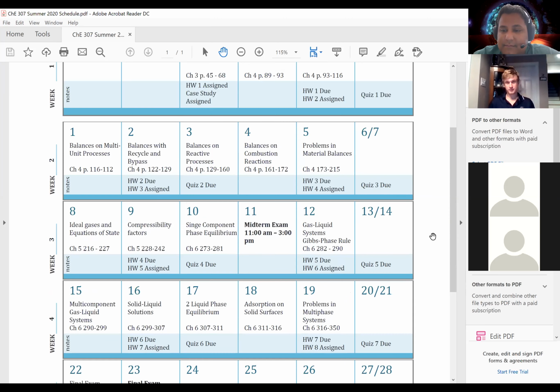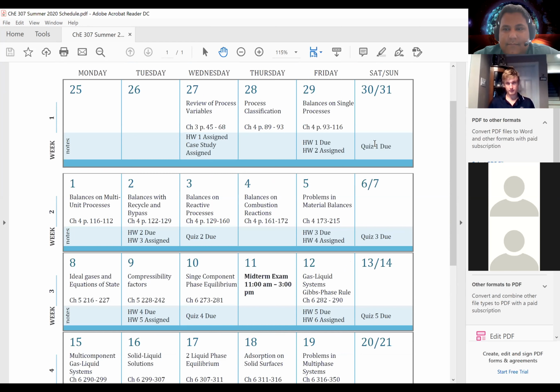For the quizzes on Saturday and Sunday, it's compressed into one column. Are the quizzes due on that Saturday or that Sunday? That's a good question. I decided to just make them due that Sunday, since there's two days, I made it due on the last day. Okay, so thank you. I think for now, quizzes are going to be due, just for consistency, on Sundays